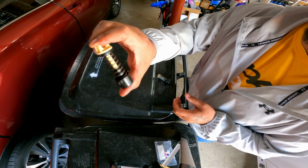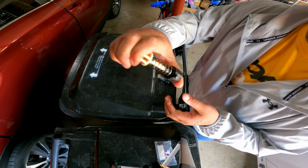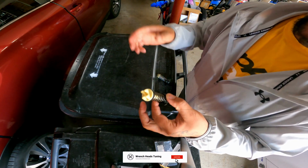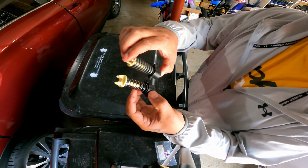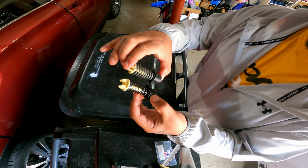So here is the new clutch perch spring. As you can see, just with my fingers, I can collapse it down. So right off the bat, you may think, well, doesn't that mean that it's weaker? A little bit. Yes, but the thing is, because you have a consistent coil size and spacing, you're not going to have that